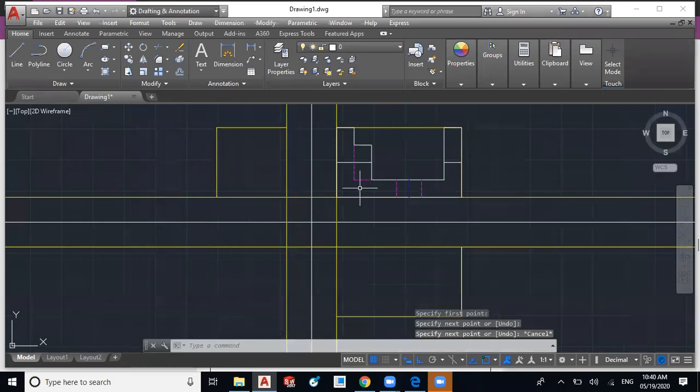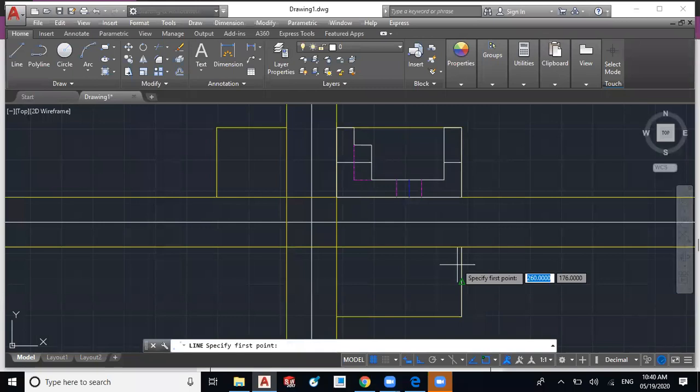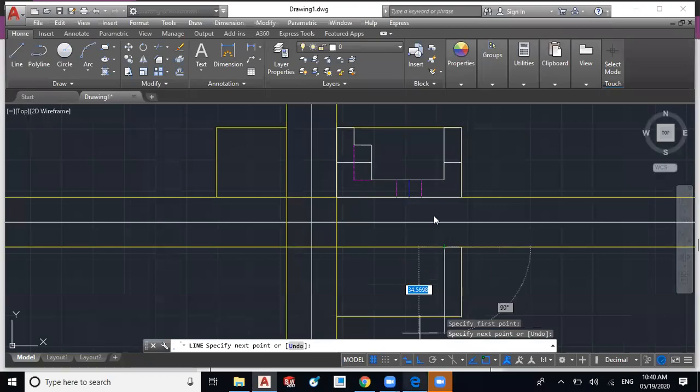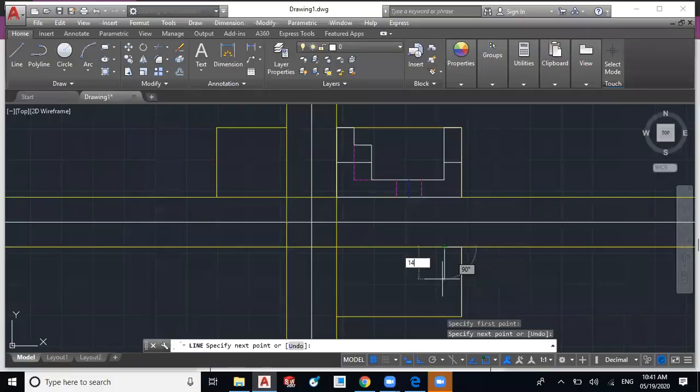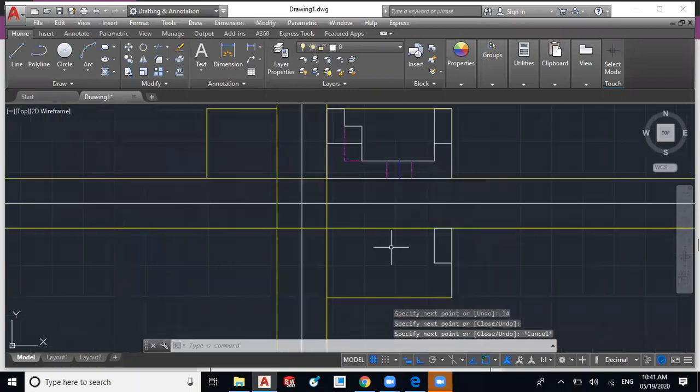Then I have to draw this width, which I can track from the front view. Then draw the given length, which is 14 mm. Close it. So I have drawn the rectangular portion.